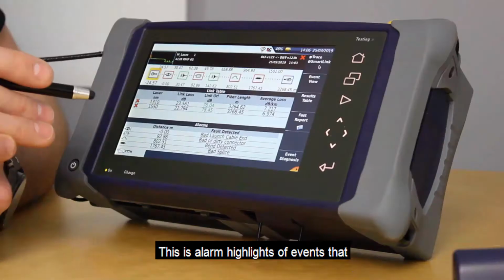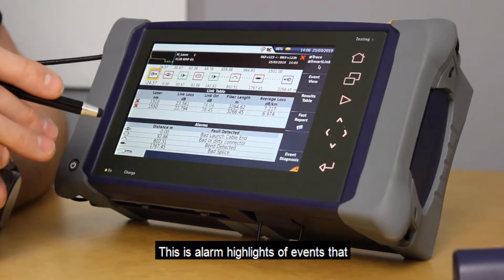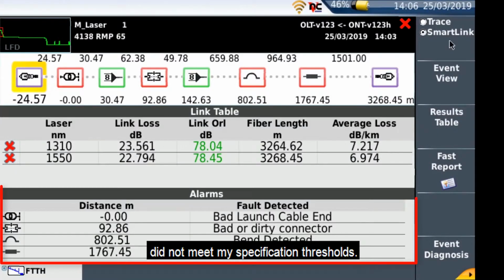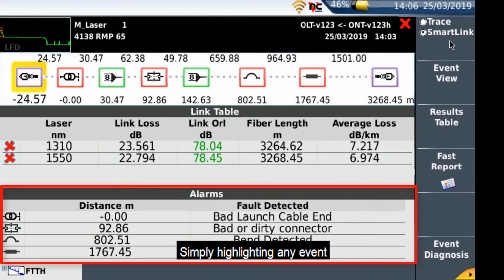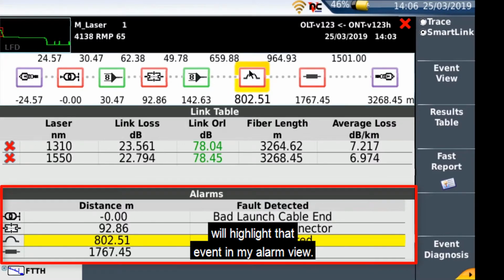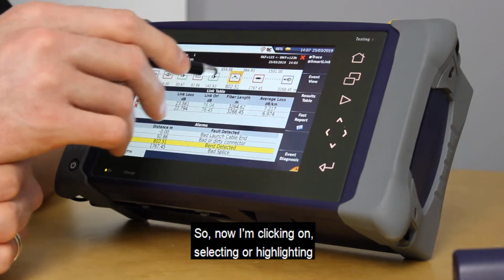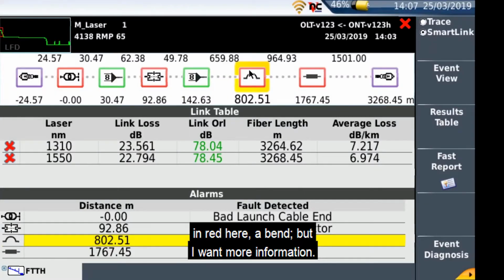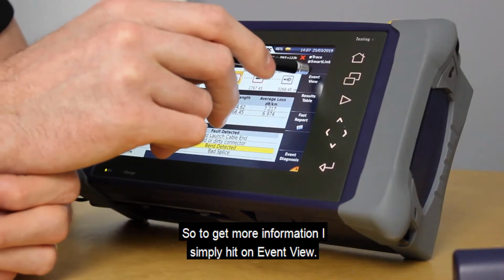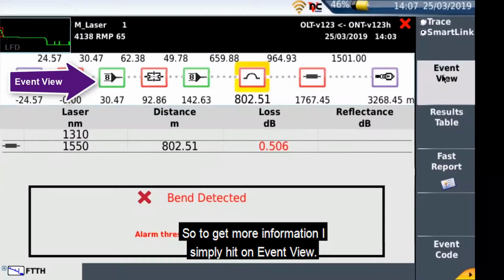This is alarm highlights of events that did not meet my specification thresholds. Simply highlighting any event will highlight that event in my alarm view. So now I'm selecting, highlighting in red here, a bend, but I want more information. To get more information I simply hit event view.